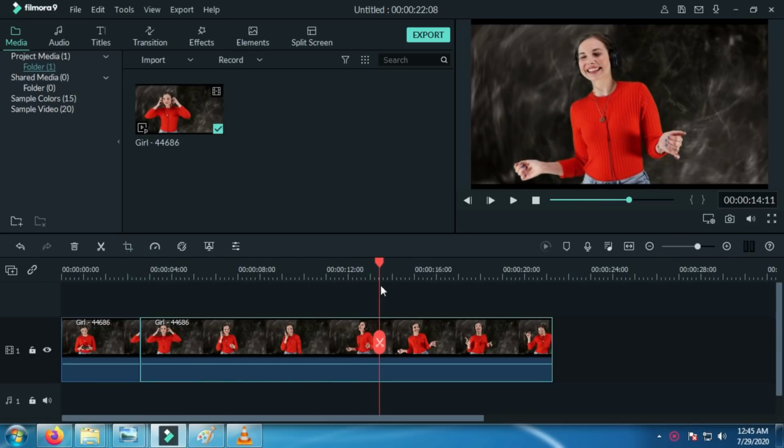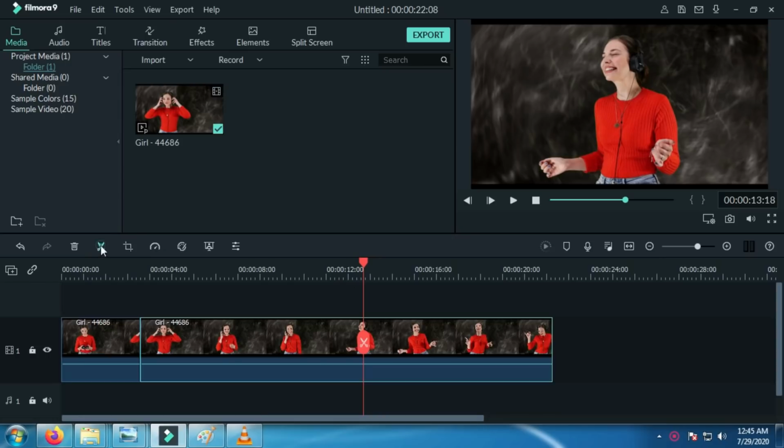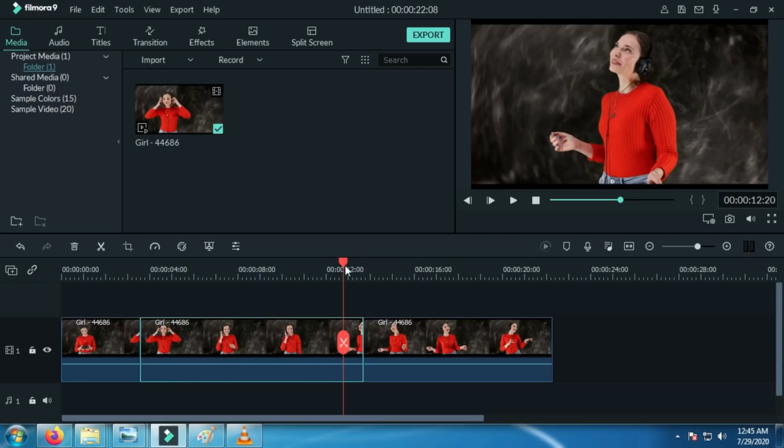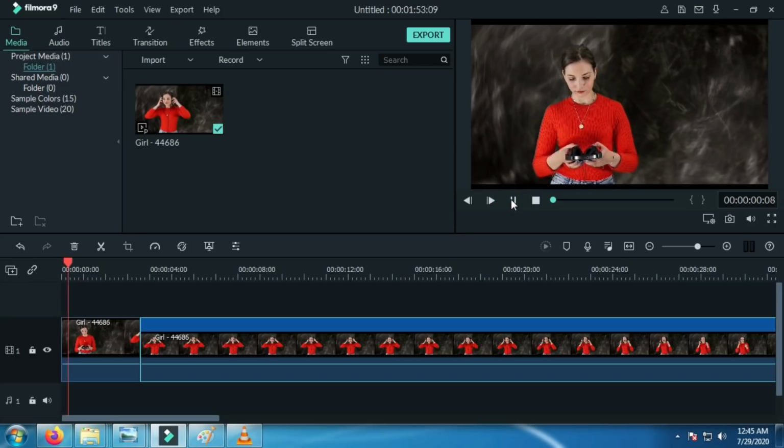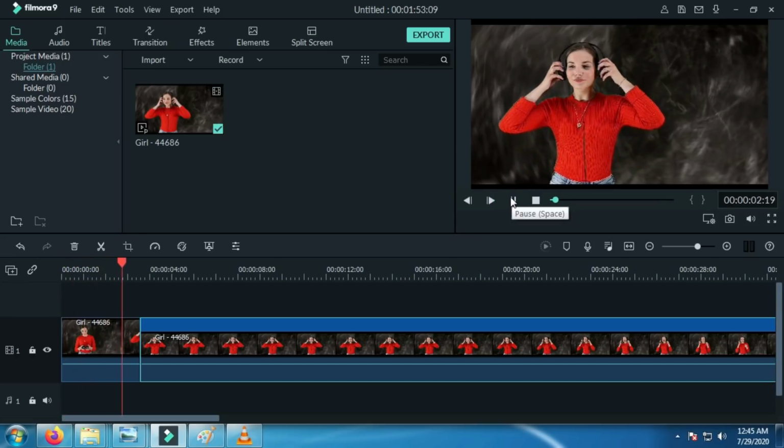Select the beginning part and the end part using the red arrow. Split the video using the scissor, split the end part. You decide which portion you want to set. Right click the mouse button. If you want to play fast, click this. You can set here also custom speed, slow, fast and normal. I'm going to show you first this option, slow option.